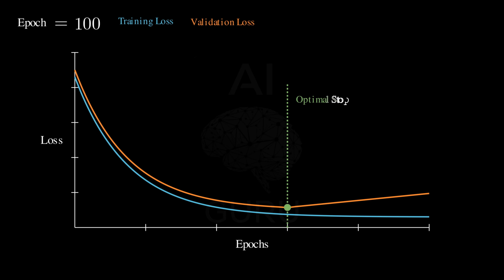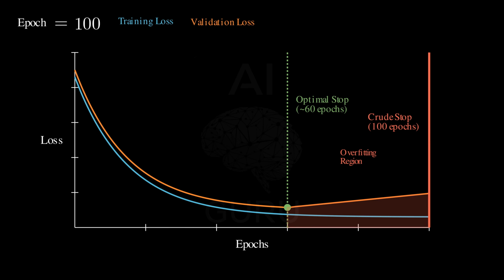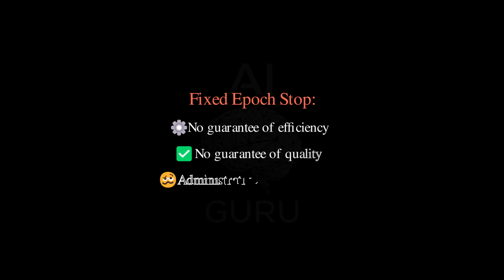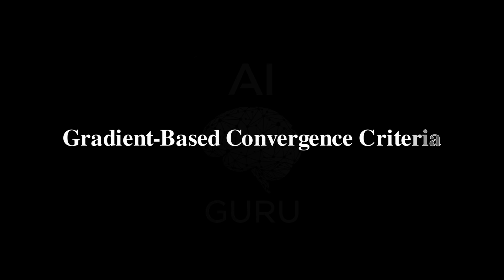Which is easy. It's fast to implement, but it gives you zero guarantee of efficiency or quality. You might stop just before finding a much better minimum, or you might stop long after you started overfitting. It's an administrative stop, not an intelligence-driven one. So we move to the mathematically sound criteria, which focus on the state of the weight vector itself, the vector